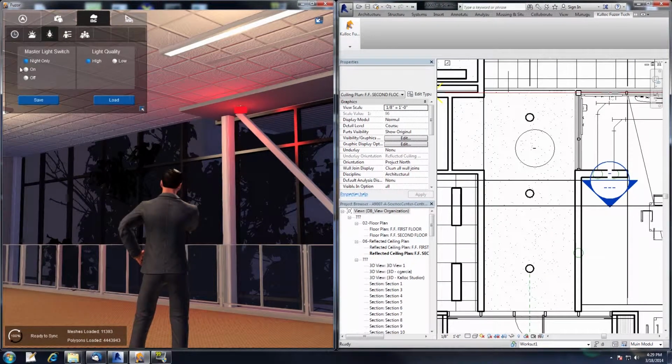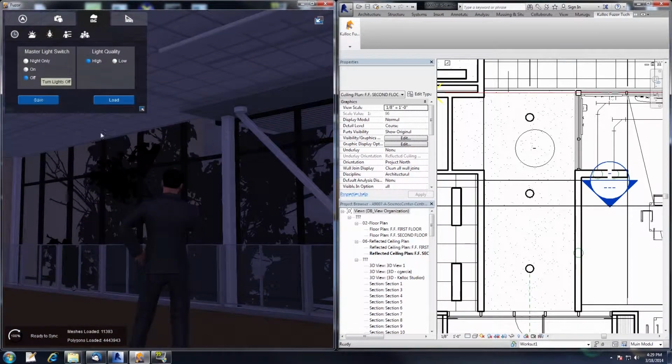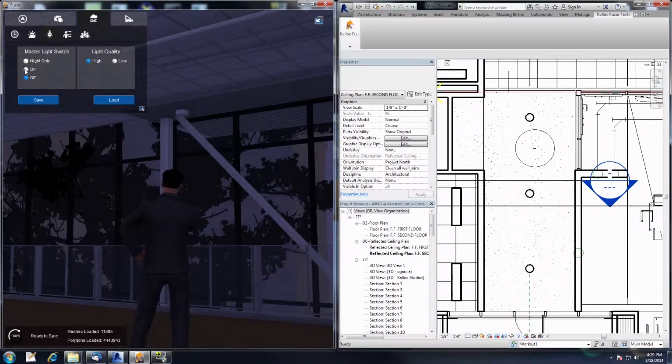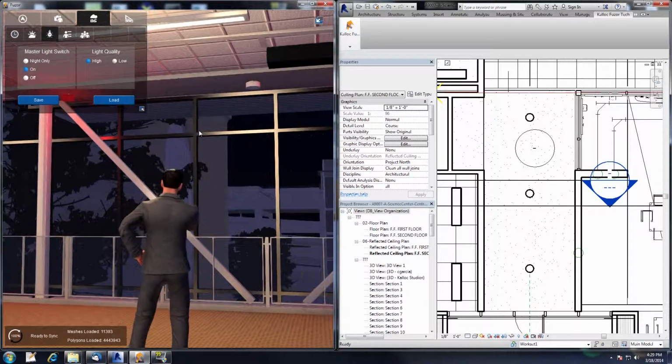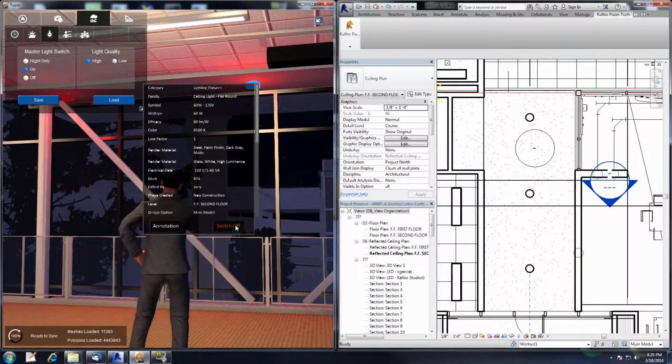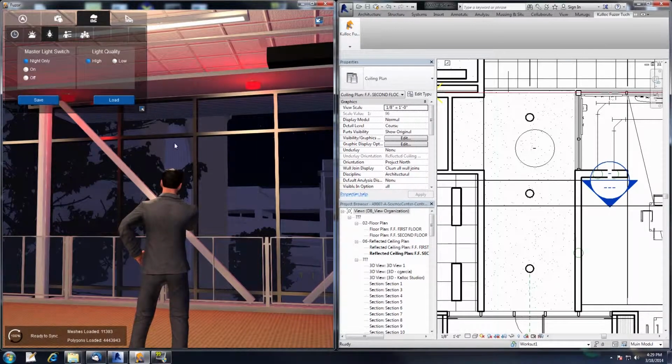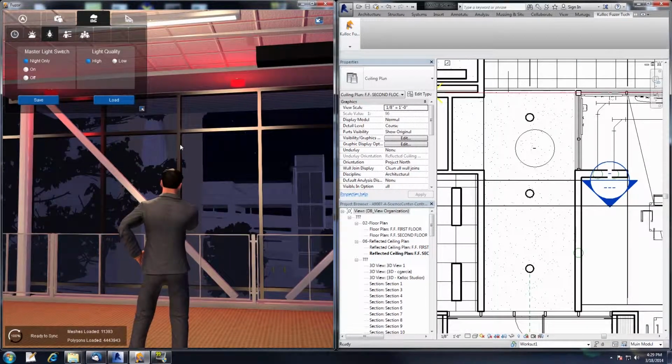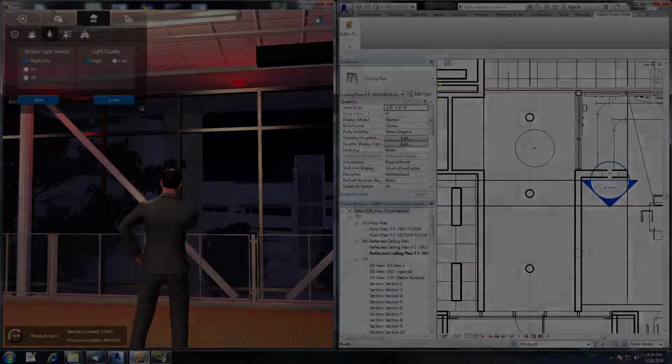You can also go through and turn all of them on, or turn all of them off. So you can turn all of them off so it's nighttime. We've turned all of our lights off, and now we turn them all back on. And select this one and switch it back on. And you can also use nighttime only. So nighttime only is the default. So when it's nighttime and the sun goes down, the lights will actually turn on in the building. The next feature that